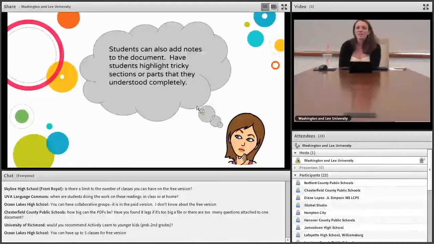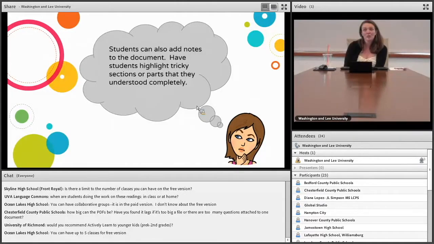And then another thing that you can do is students can also add notes to the document. And so they can highlight tricky sections or parts that they didn't completely understand. And again, with focusing on giving them more comprehensible input, obviously the reading is a big component in comprehensible input, but also from a formative assessment side, you're also seeing sections that they didn't understand or parts that they're having trouble with to then review in class the next day, or even right there, depending on if you do this in class or have them do it for